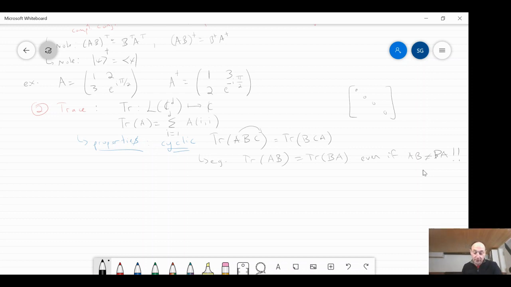Okay, and I won't work it out here, but previously I asked you to show that XZ is not equal to ZX, right? I said that these two don't commute, but since you've already, in theory, worked out XZ and ZX as I asked you to, show me that the trace of ZX is actually equal to the trace of XZ.